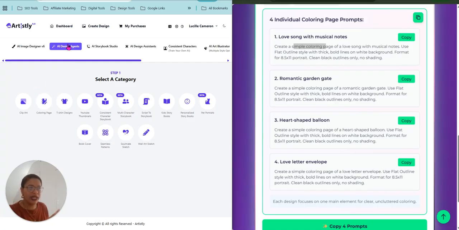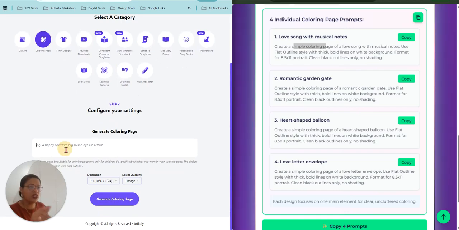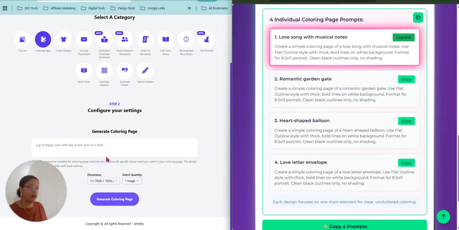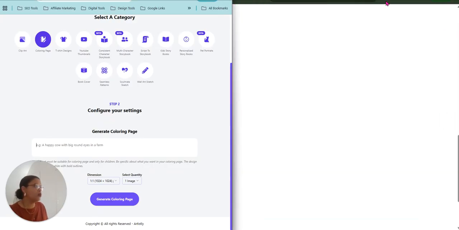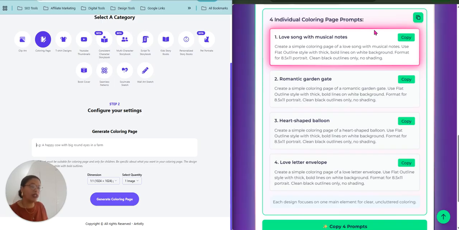So for coloring pages, you can go to AI Agents, click on coloring page, and paste your prompt there. Okay, copy, here we go. You'll also see I've done an update where the last prompt that was copied is highlighted with a hot pink border, because when I used to go in between pages, I couldn't remember which number prompt I last copied. So now once it's copied, I know this is the last one, even if I don't split my screen. So I copy,